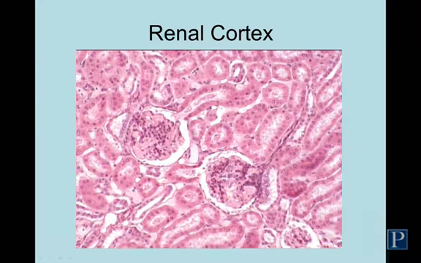So this is a more highly magnified view of the cortex in the kidneys, and you can tell it's cortex still because you can see numerous renal corpuscles here. But to really look at the important structures with the renal corpuscles, we need to use a higher magnification. So here's a higher magnification view of several renal corpuscles, and at this magnification you can see details such as